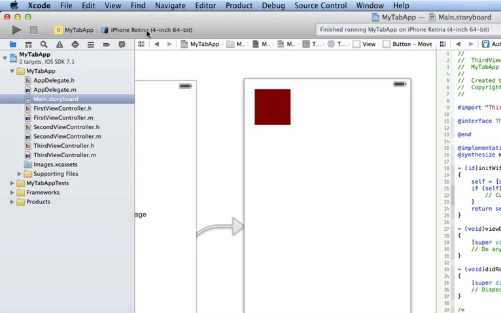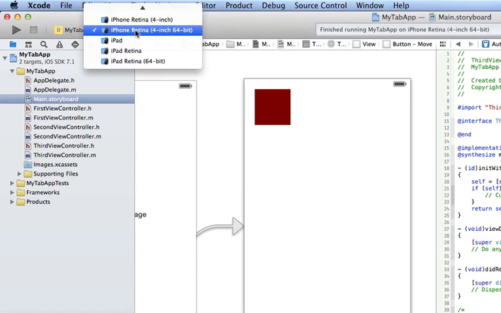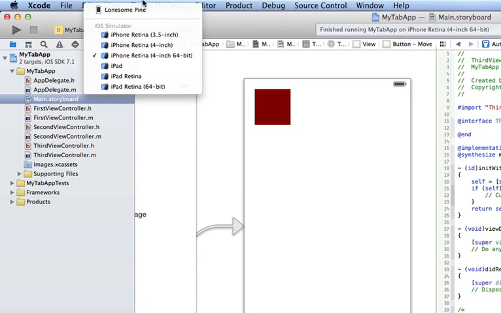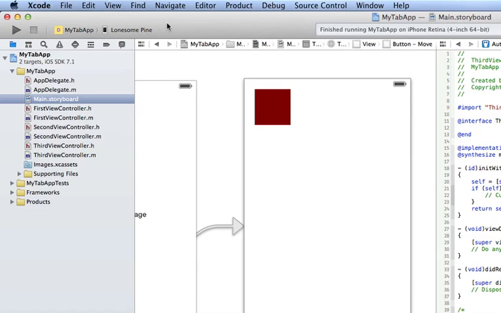And to do that, with my phone plugged in and properly provisioned, following all the instructions from last week's class, you simply should be able to click on this menu of devices here, and you notice there's an up arrow, and there's my phone, and it's got my personal name on it, so you should see your actual device name there. So I'm going to build to my phone,